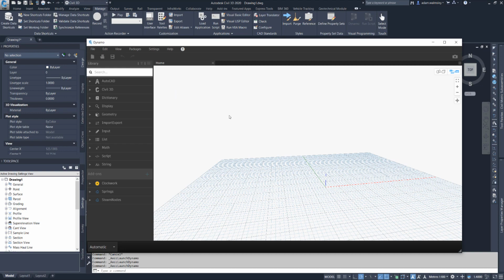So scripts are created by linking a series of nodes together. We'll get into that shortly. Each node performs a specific task, and the result of each node is a new list of information. List management is pretty important and fundamental when using Dynamo, and there are some resources that I'll share at the end for you to learn more on how that works. The data flows from the left-hand side to the right-hand side of the canvas here, and as I will show you, it can be a pretty fun way of working,